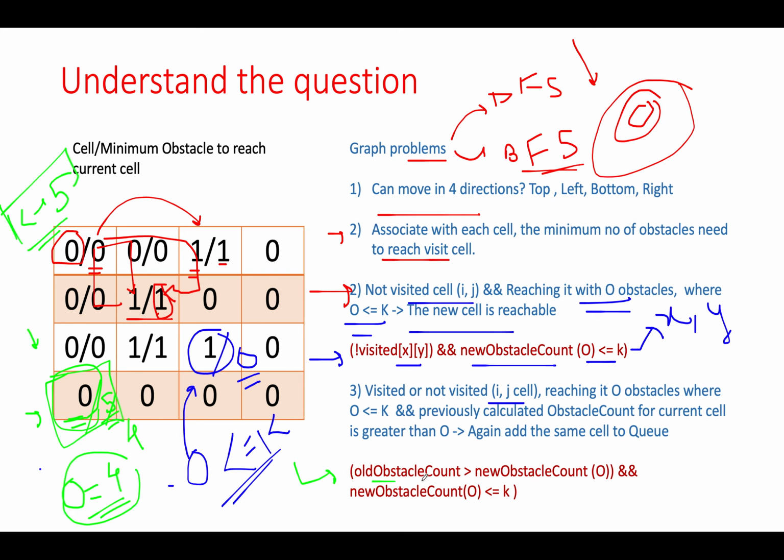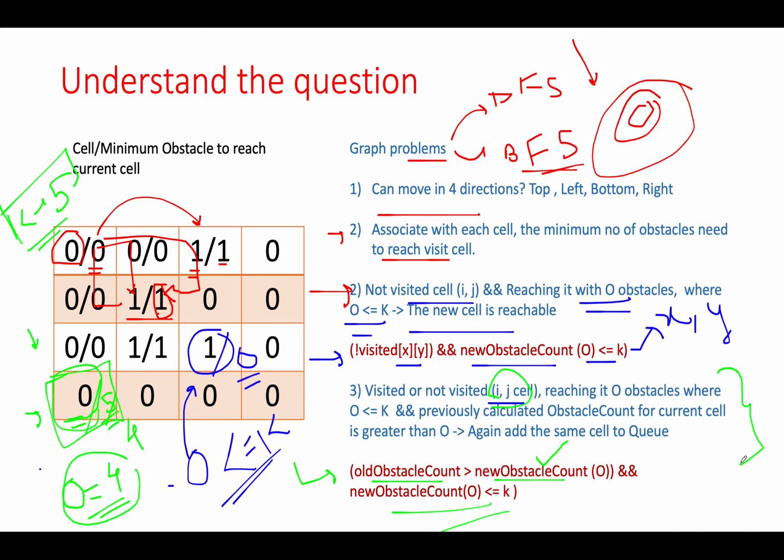If the old obstacle count is greater than the new obstacle count, that means the new obstacle count is a better candidate, and it is within the limits of K. We will not consider whether we visited this node in the past or not. We have to reconsider it. We will re-add the cell i comma j into our BFS queue. This is the most important part of the problem.